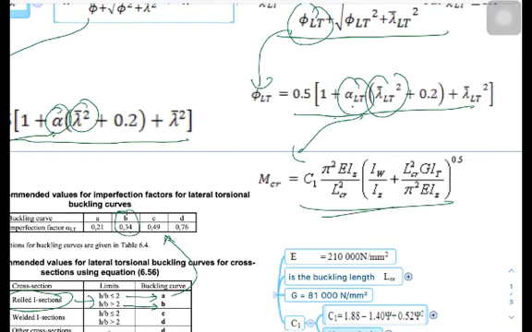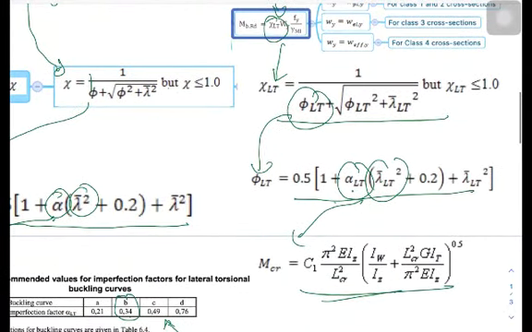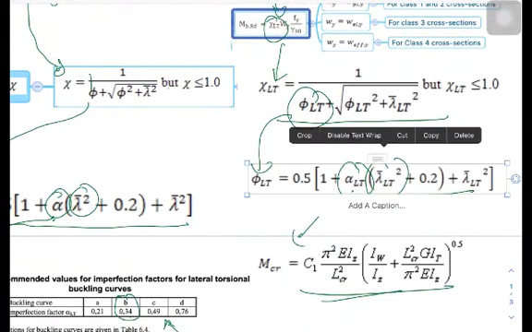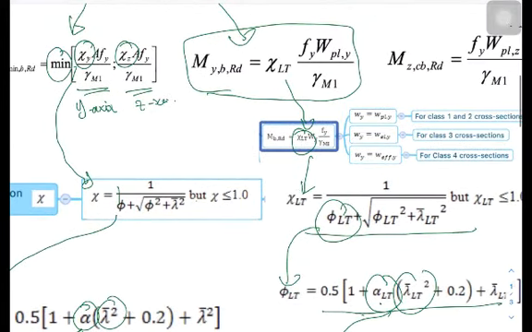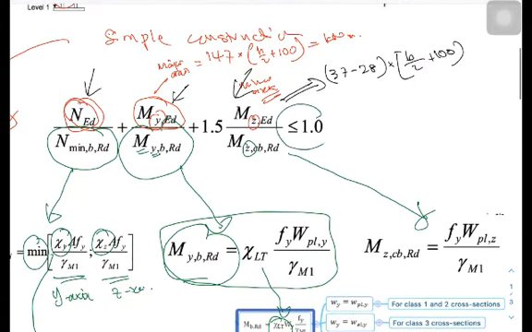MCR comes from this formula, and then you go back, you get the value of phi and also the value of chi, and then you get the value of MYBRD. For the case of MZBRD, just use this formula here, Fy times WPL,z over gamma M1, which is 1. So once you have got all these values, then check whether it is less or greater than 1. If it is less than 1, then